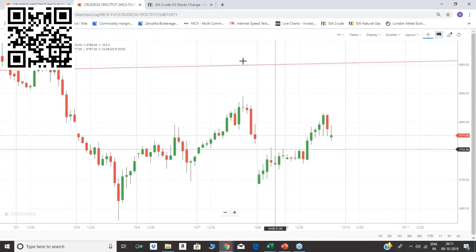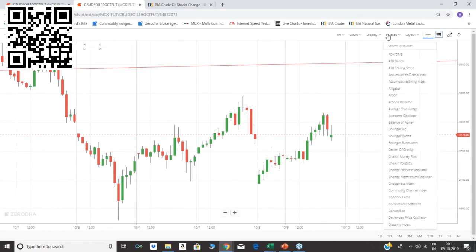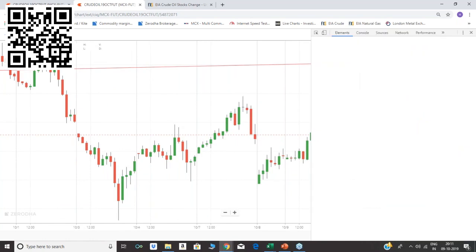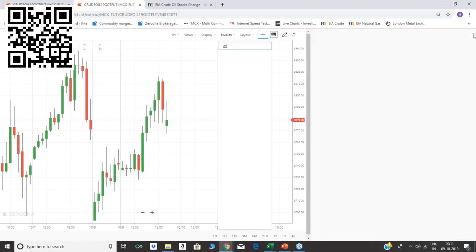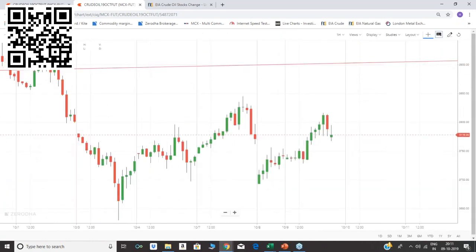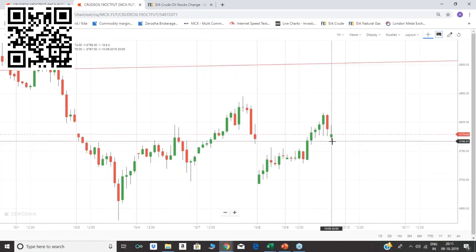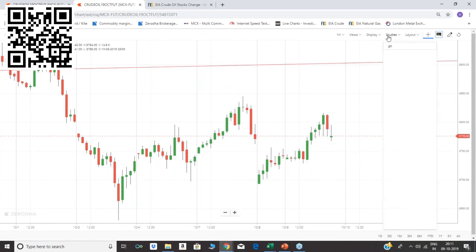Perfect. Let me apply something over here. Oh God, what had happened? There is some issue with Zerodha. My internet connection is good. But see how it is doing, how volatile it is. It is not able to break this support zone. See, it's a strong support zone. Now I'm not able to apply any indicators over here as of now.